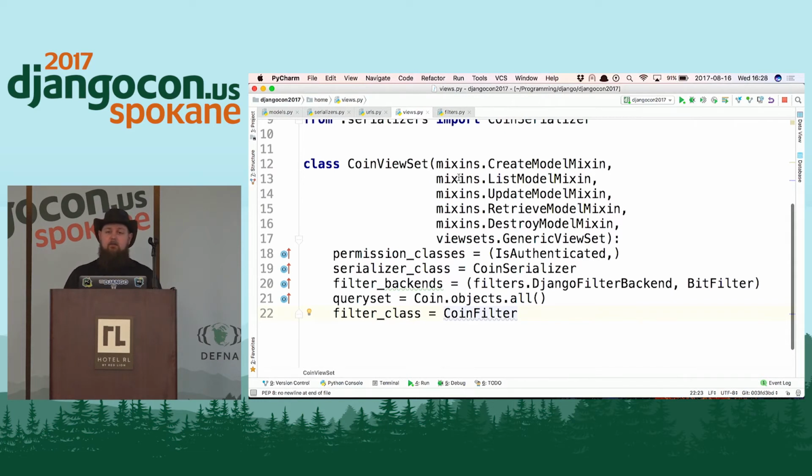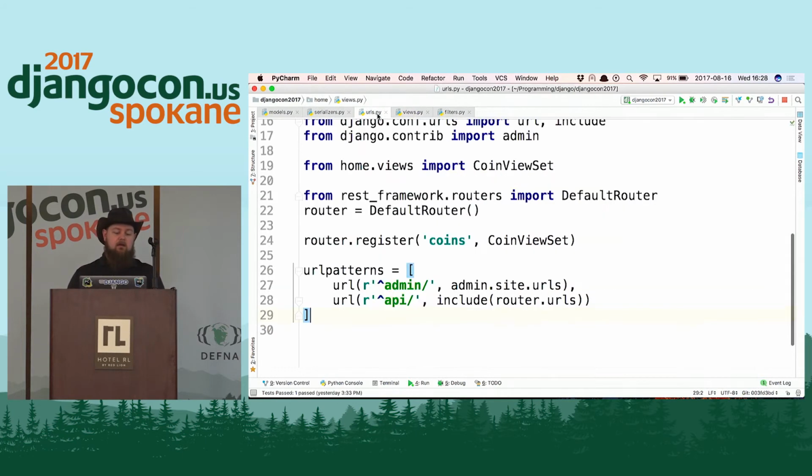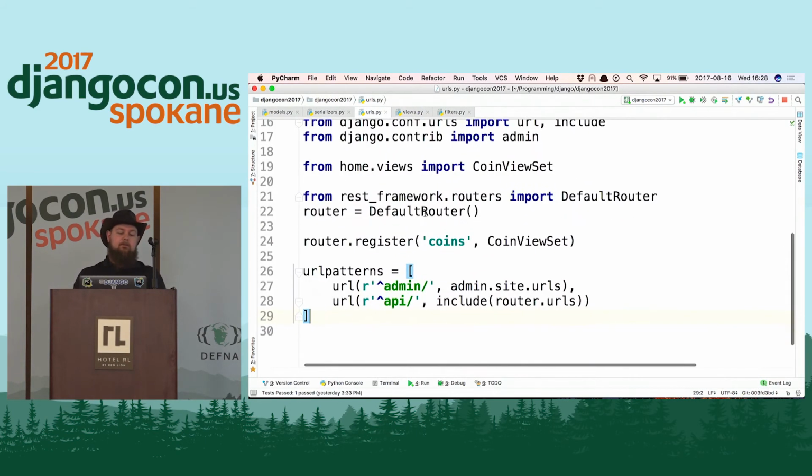And in reality, let's say I needed to do a market data view set. I would copy and paste this chunk of code and then change all the information, and now I have my complete view system in the views file done for the market data. The only thing I have to do now is go in and add URLs.